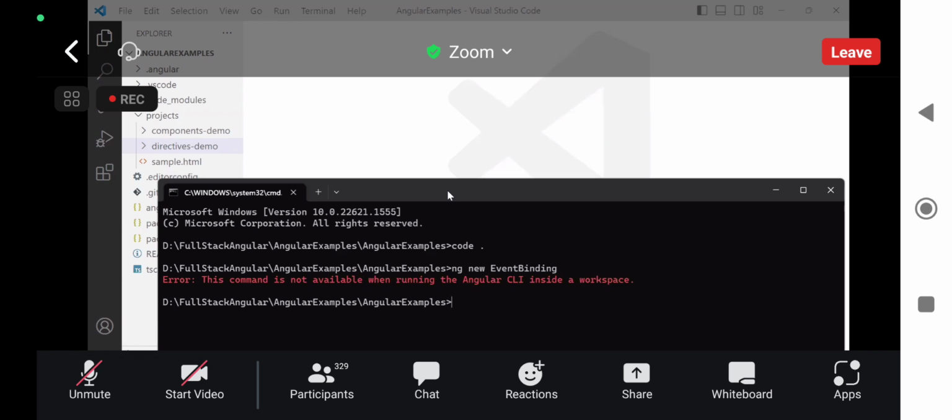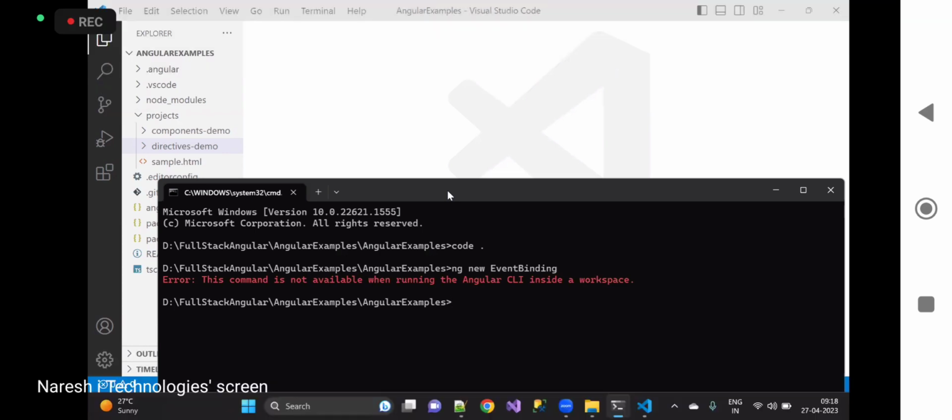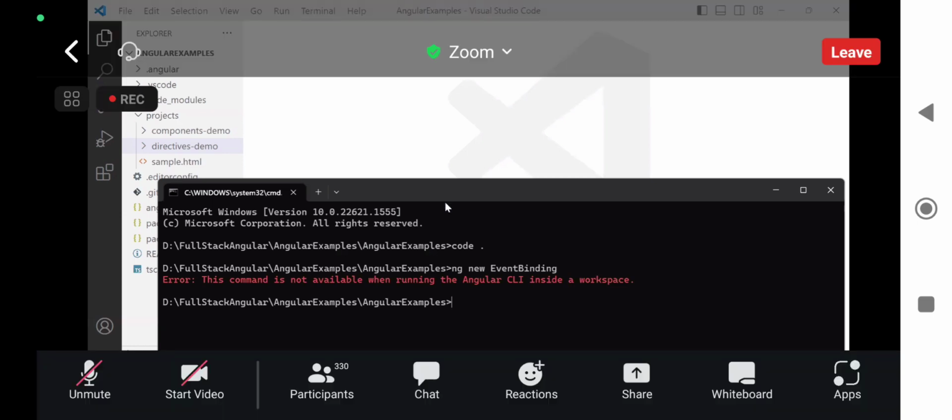No, a workspace is required. Workspace is definitely required. I'm creating a new project in my workspace. That is where I ask you to create a new one. I'm asking how to create an application. No, no, no, it's not the component. My question is how to create a new